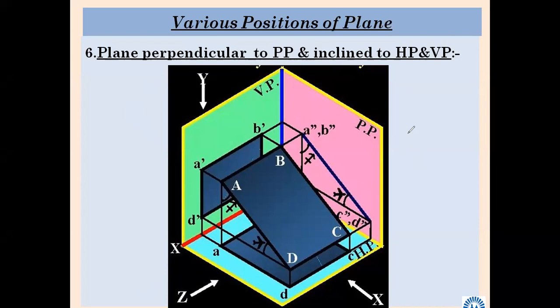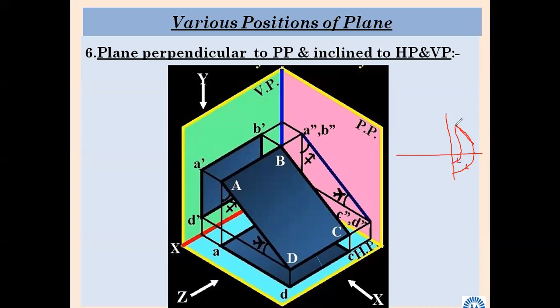In short, I will tell how it will be. So here it is showing its x1 line. Here it is showing edge view or line view. So from this, here there will be an edge view. Here the edge view is given. Okay, so how is it drawn? From here we have to draw a perpendicular line. Then from here we have to rotate this. So likewise you have to draw an arc.